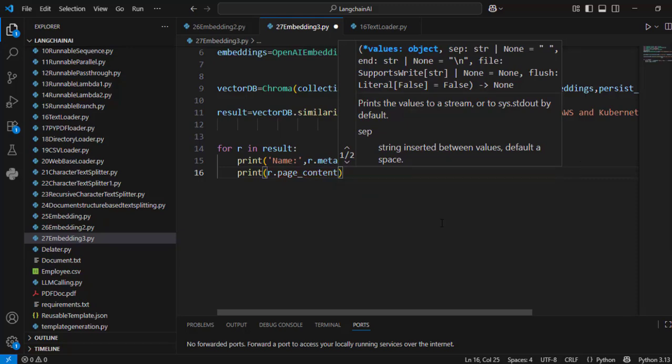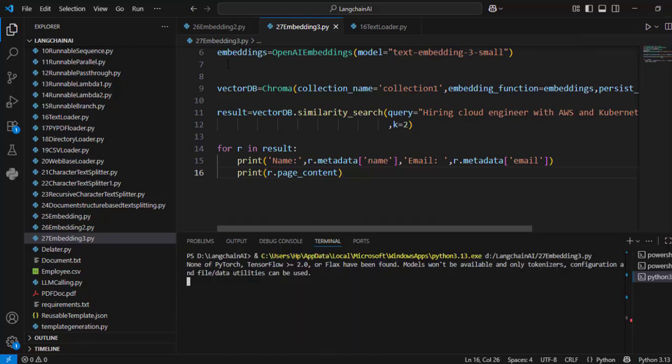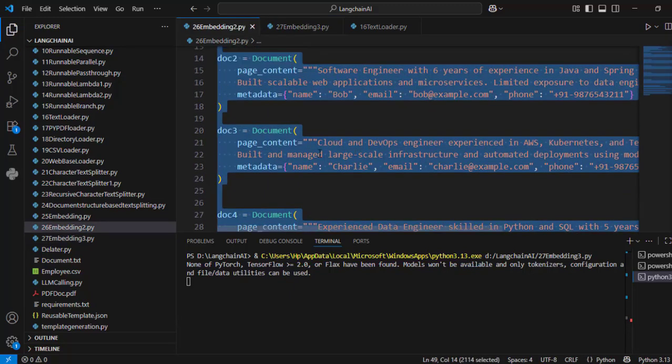Because two results are matched, it will display the name of the first person, the email ID of the first person and the details of it. Then it will give the name of the second person, the email ID and the page content of it. So if I run this now,